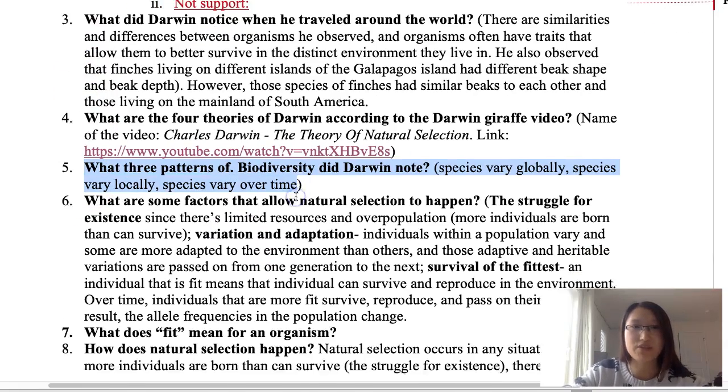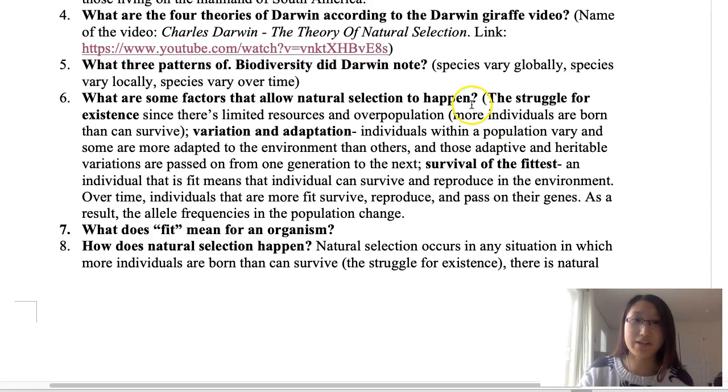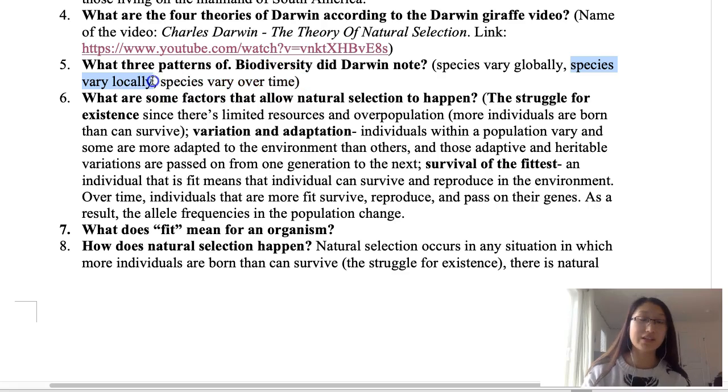Now, number 5 is, what are the 3 patterns of diversity? Darwin noted, okay? So we already talked about it. Species vary globally. When he went to these different islands, he saw that different species of finches look different. Species vary locally as well. If you look in the classroom, we're local. However, we still look different from each other. And species vary over time, right? For any kind of species,